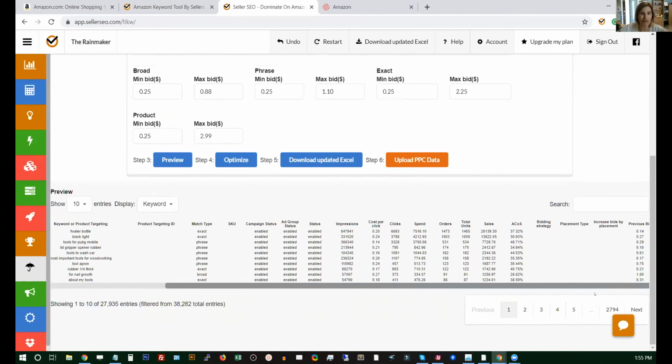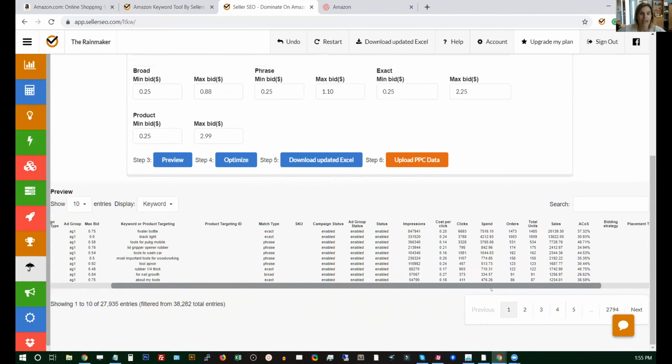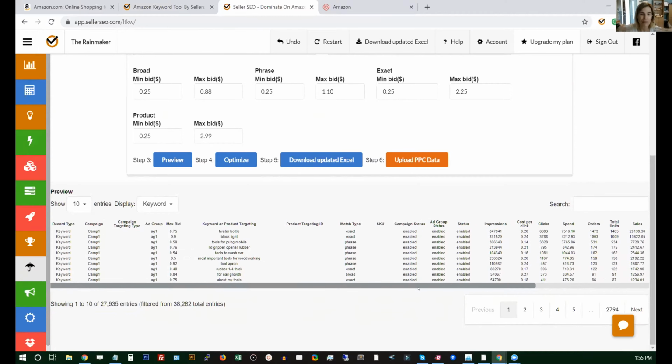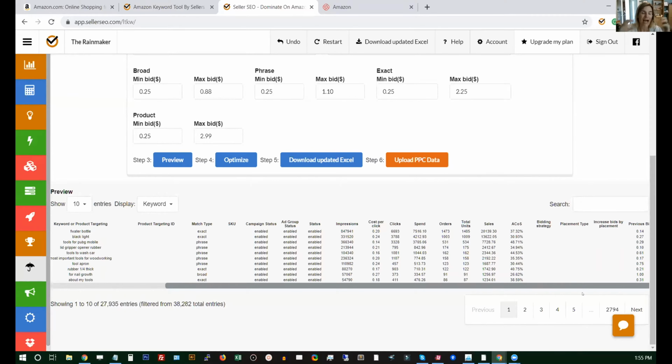So basically it puts all of your campaign data into a spreadsheet. The tool uploads that spreadsheet, and then it optimizes everything for you. So it'll optimize everything at once versus you having to go in word by word and filter everything. The tool reads everything based on your inputs that you put in the tool,